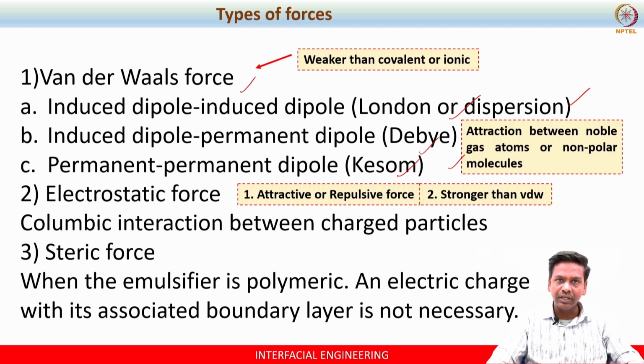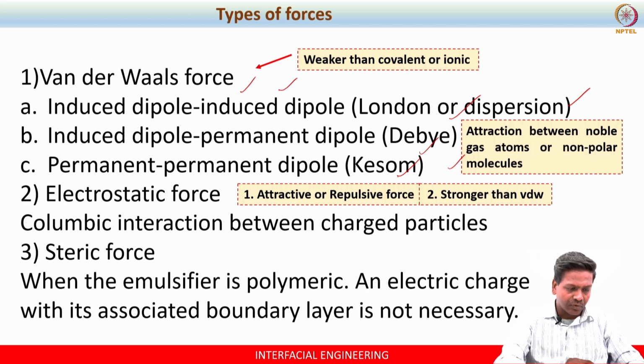It is because of the fluctuation in the electron cloud, due to which there will always be interactions, I mean attraction, between atoms or molecules. An important point to be noted is this is not the same as the covalent bond or ionic bond that we often talk about. In fact, this is weaker than a covalent or ionic bond. So there is no reaction involved. These are physical forces.